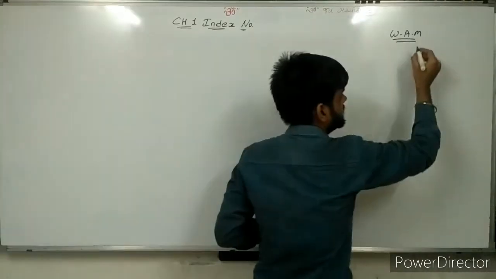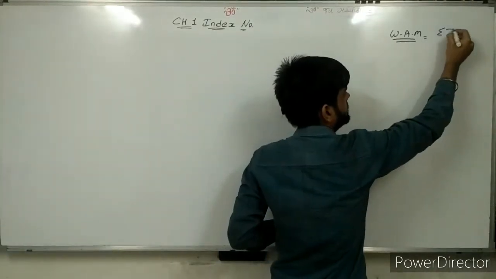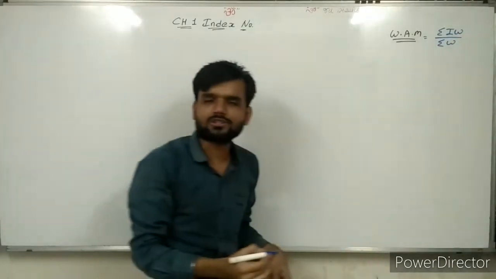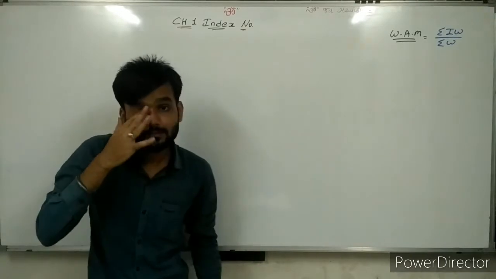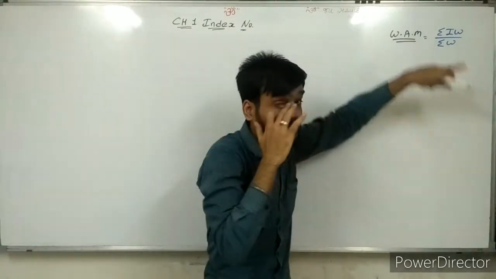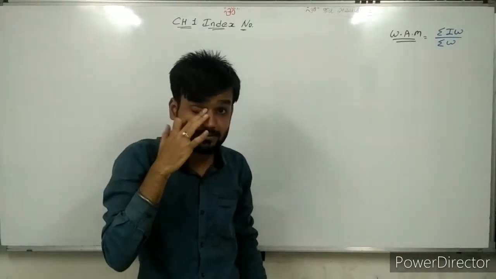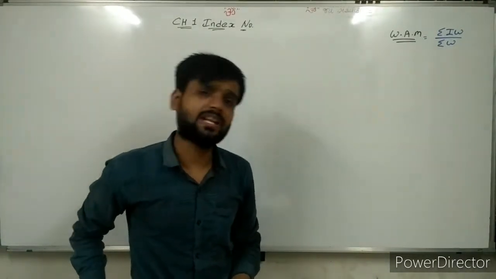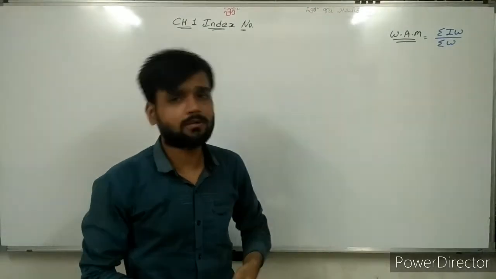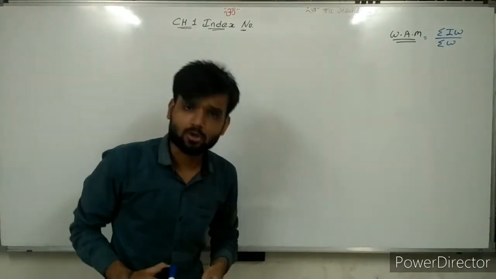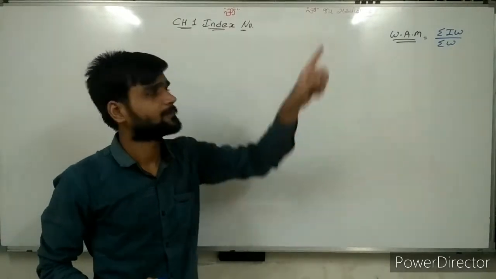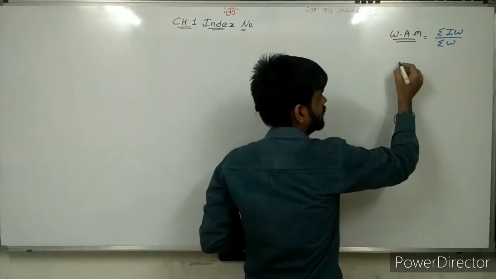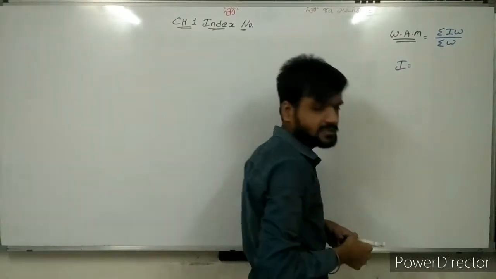So the weighted average method is equal to sigma IW upon sigma W. Now sir, what is meant by I? I means index number. Here the index number of price may be there, or the index number of quantity. Whatever index number is given. If the index number is not given, then find it, and after that multiply it with the weight. So I is equal to,